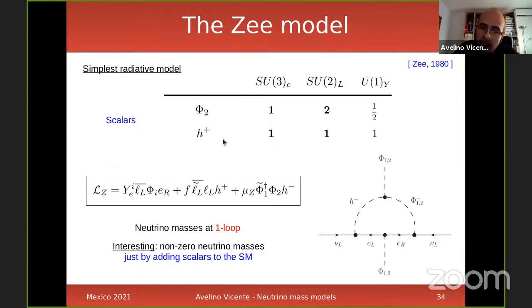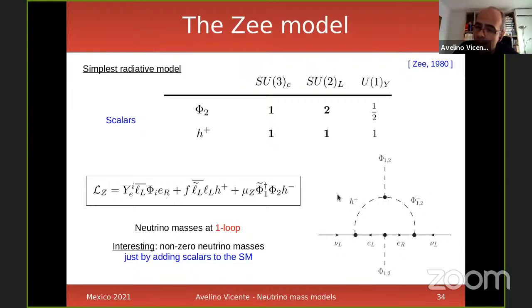Thanks to this scalar, you can have a coupling of this type. You can see that the gauge symmetry is perfectly conserved in this Yukawa coupling. So you have 2 doublets, 1 singlet, and hypercharge is also 0 in this coupling. Finally, there is also a cubic term in the scalar potential involving the typical Higgs doublet, the second Higgs doublet that we have introduced, and the singly charged scalar. And as usual, you have the normal Yukawa coupling with the Higgs doublet, at the charged leptons.